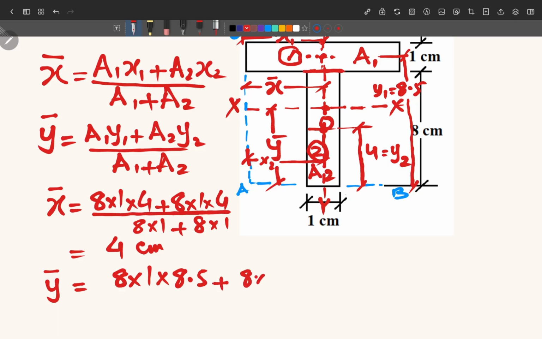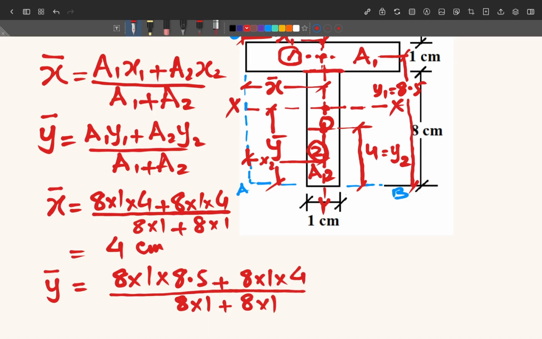A2 is the same again, 8 into 1, multiplied by Y2. Now Y2 is the position of the centroid of area A2. Of course it will be half of 8, which is equal to 4 from the base AB, and this whole thing divided by A1 plus A2, 8 into 1. And when we simplify this, 8 into 1, 8 into 1, we cancel,